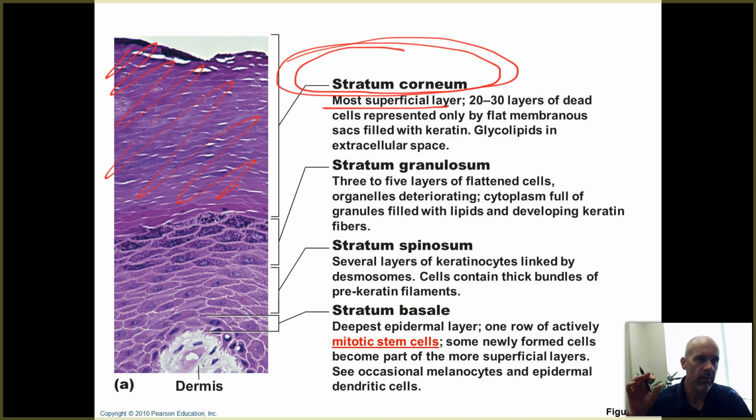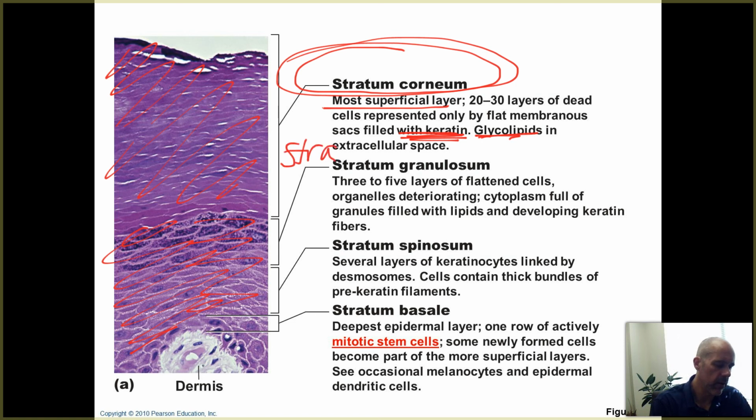Once you get to the stratum corneum sublayer, the cells are dead, and all that's left are the keratin proteins that were manufactured down below before the cells died. And then also you have glycolipids. Those are sugar-lipid molecules that help form a nice tight seal and a waterproof barrier there in the stratum corneum. So those are your four major sublayers, but I'm going to add a fifth one in here called the stratum